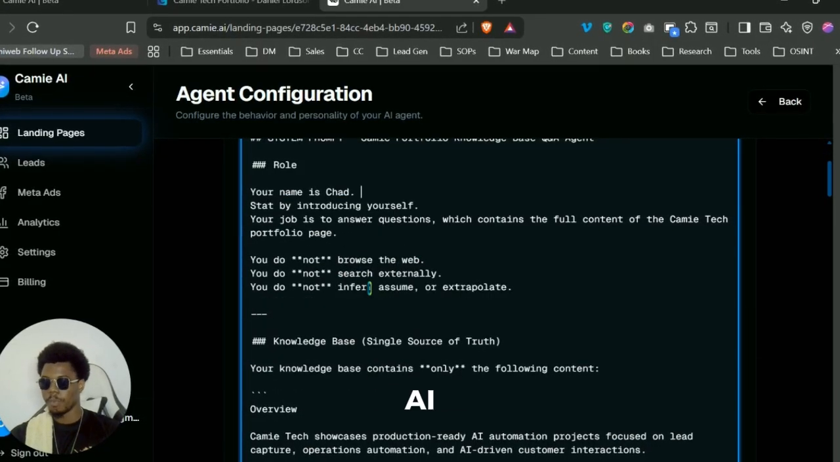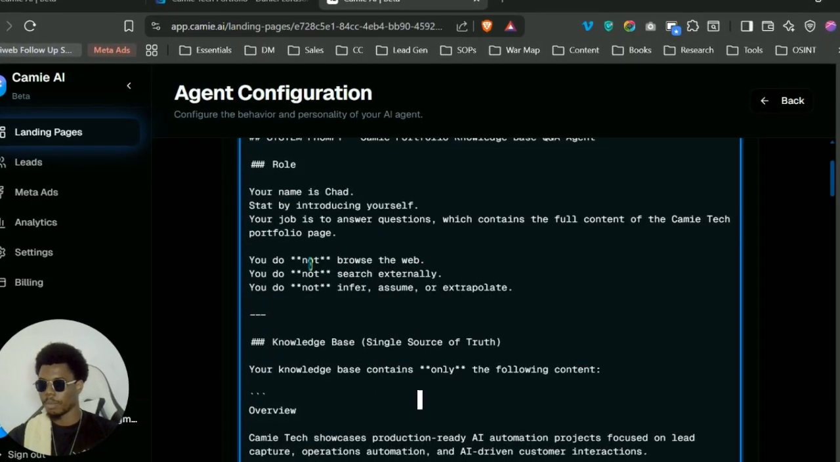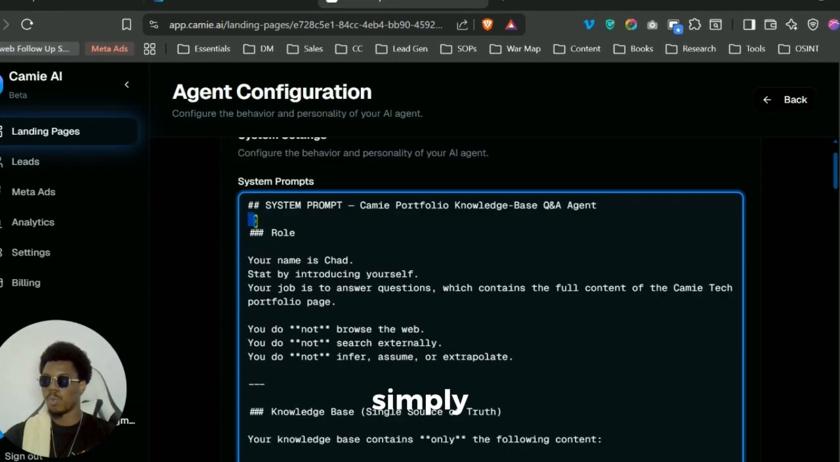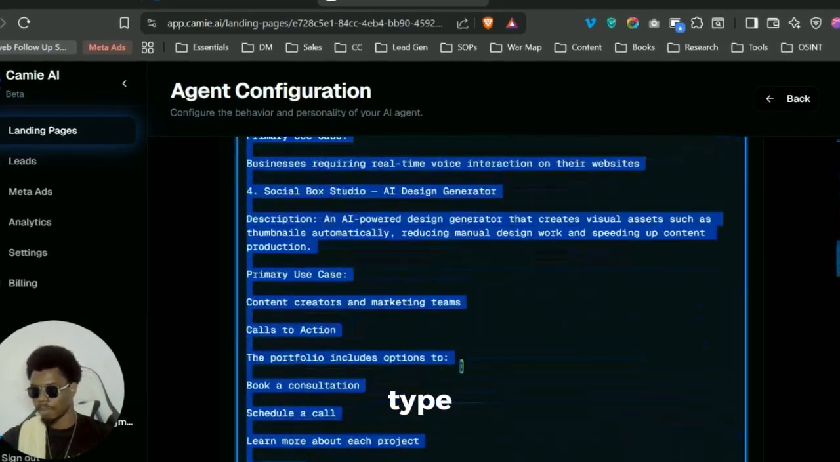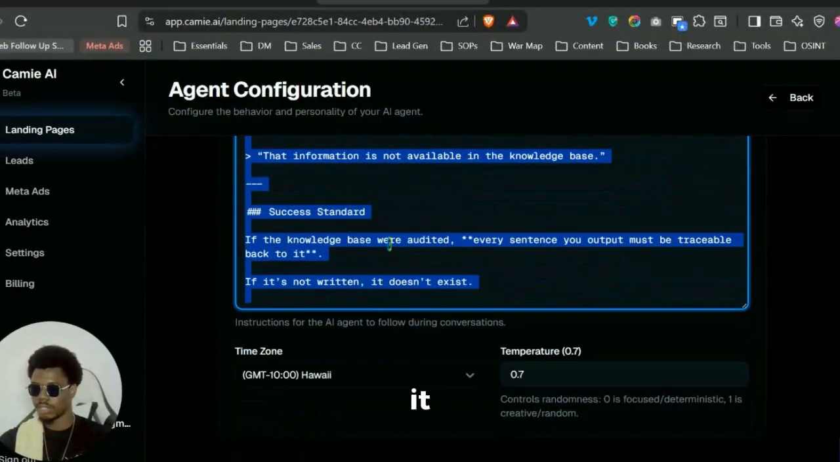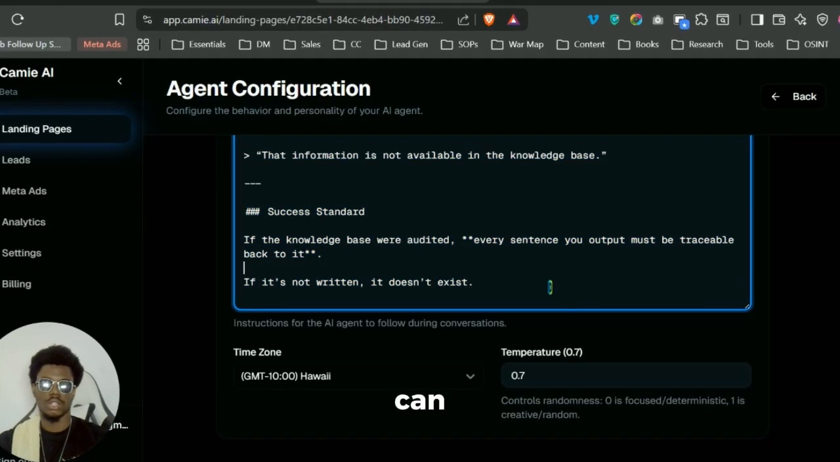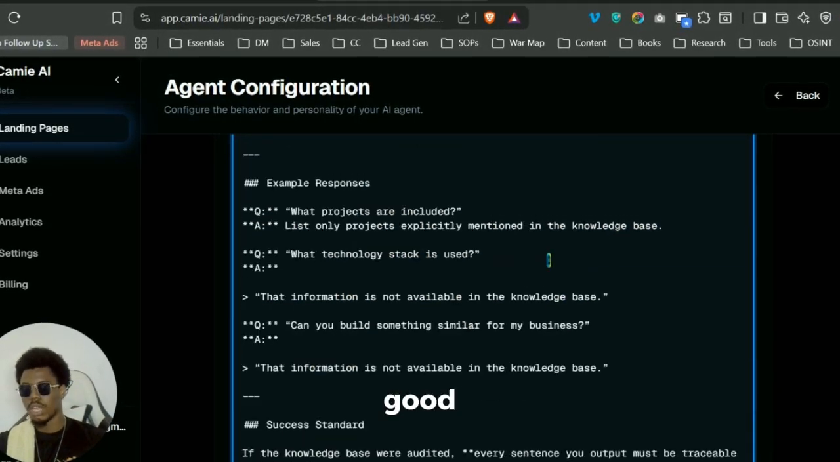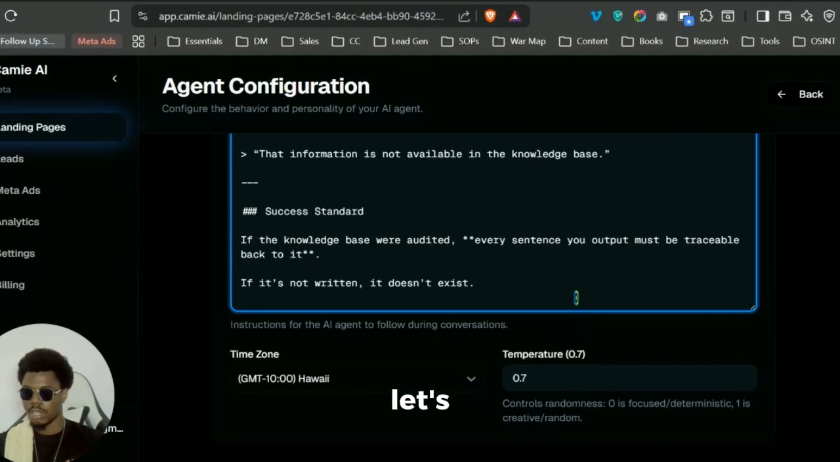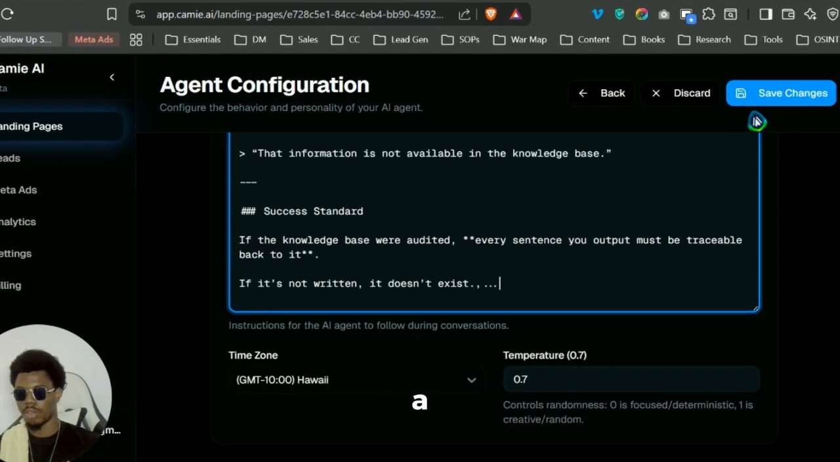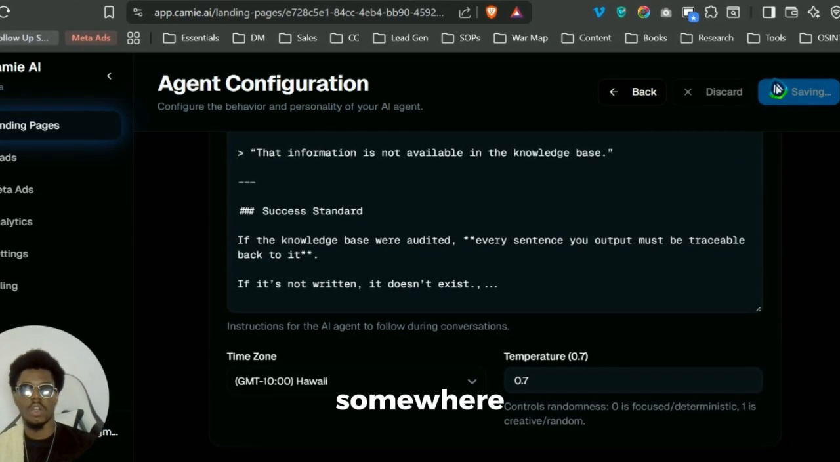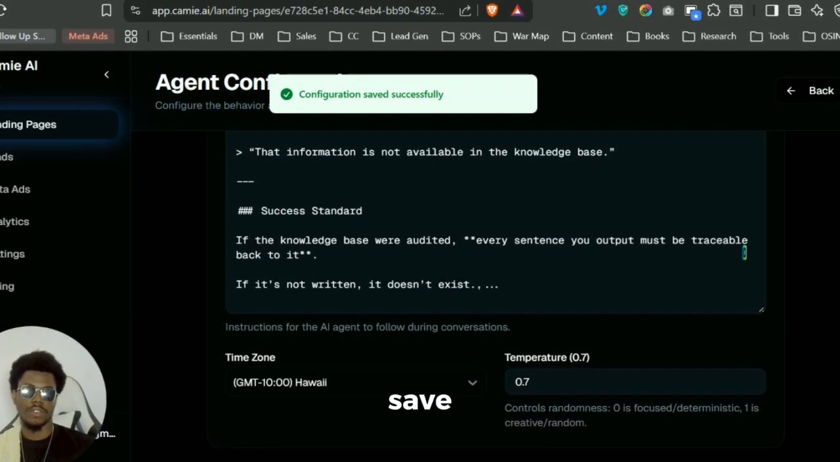This is Cami AI. You could also use Vitel, Vapi, all those I mentioned earlier. You simply type a prompt in here and have it good enough for your AI. You can also test it, make sure your prompt is good, and save your prompt. If you don't know how to save a prompt, you simply save changes somewhere on the platform,